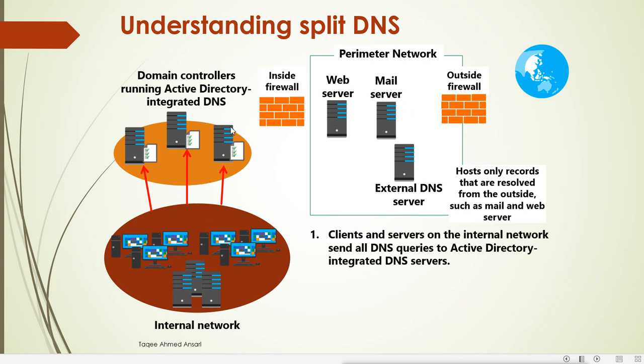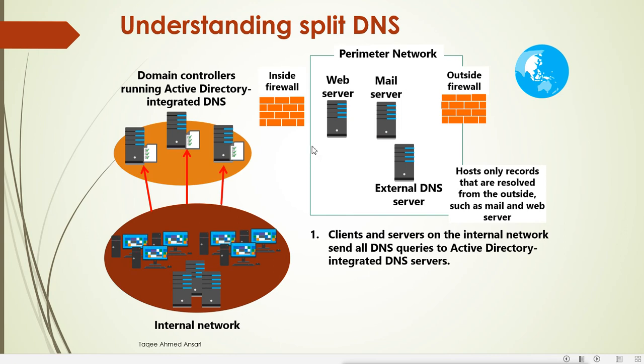Now we will configure the firewall here. On the outside firewall we will configure that it only allows requests for our perimeter web servers. Very rarely, if we want someone to access the internal network, then we will allow them to cross this inside firewall. Other than that, we will not allow anyone to cross this inside firewall. So it can become a secure network.